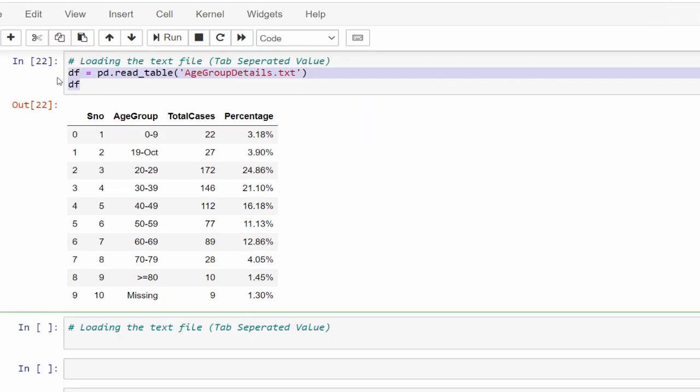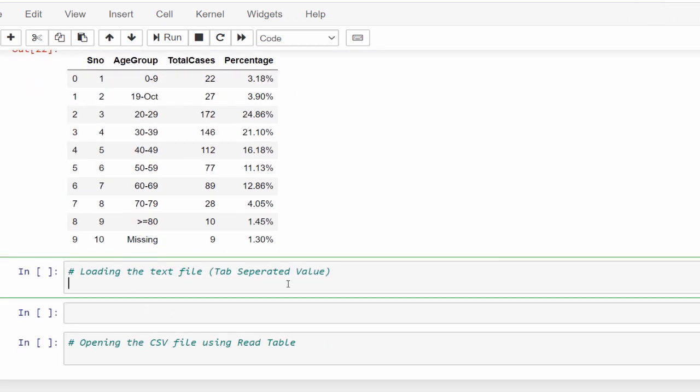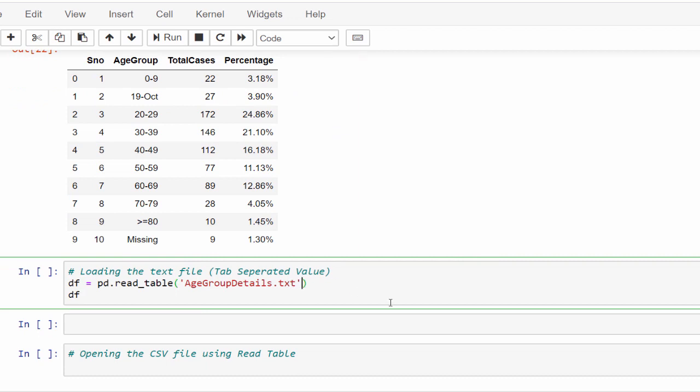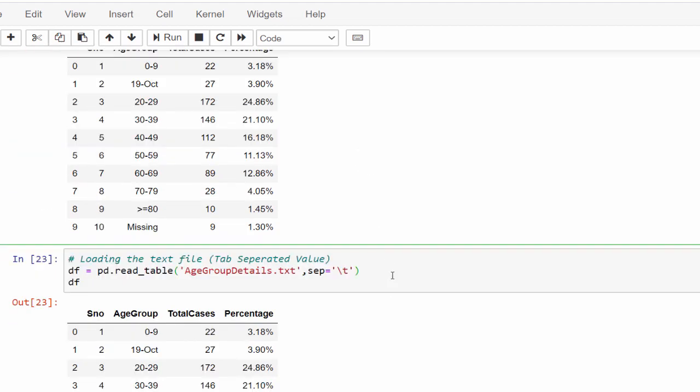Sometimes if it is not working properly, at that time you have to mention the delimiter as sep, that is separator. Within this you have to mention backslash t, which means it's a tab. Both of them are the same.